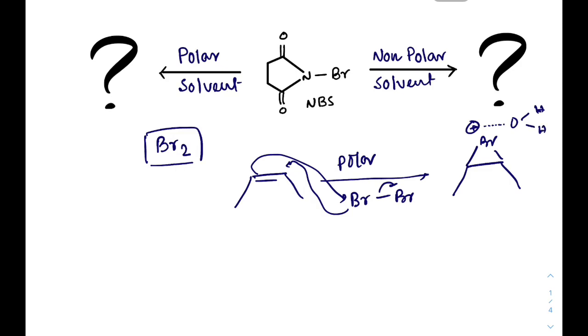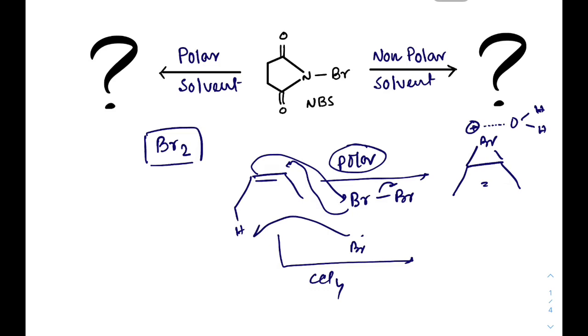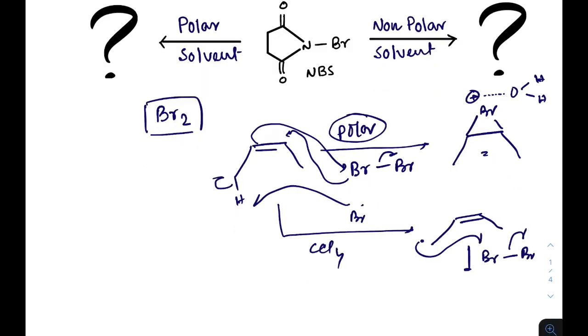Therefore in the presence of a polar solvent the reaction goes through this type of intermediate, but in the presence of any apolar or non-polar solvent like CCl4, this type of intermediate will not form because there is no stability for that type of intermediate. In this case, Br will act as a radical and it will pick up the allylic hydrogen and give this type of intermediate, and after that this radical takes the bromine dot and forms an allylic bromide type reaction. So their behavior is different.